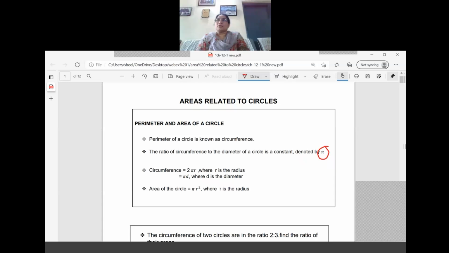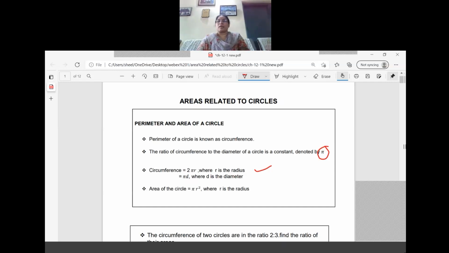Now we are going to learn about the circumference and perimeter. In case the question does not mention the pi value for calculation, we can take it as 22 by 7. If it is mentioned in the question that 3.14 is to be taken, then you must take pi as 3.14. Now what is the formula for circumference? Circumference equals 2 pi r, right? 2 pi r can be written as pi d. Why does it come as pi d? Because the diameter of the circle equals 2r. So we can use both formulas according to what is given in the questions.